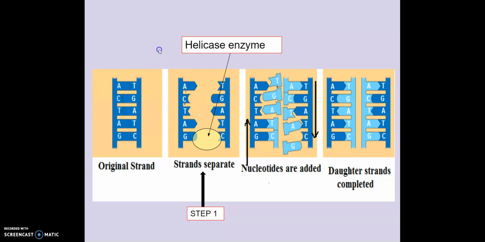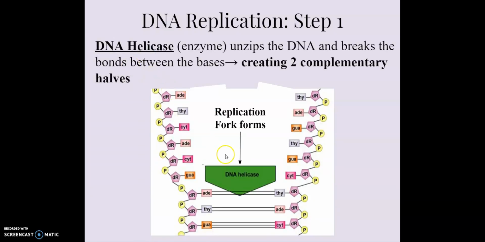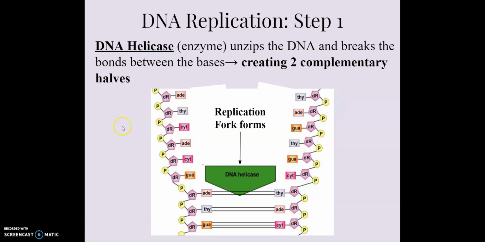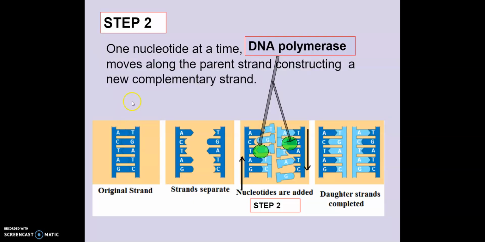This is step 1. So once again, that DNA helicase enzyme will go through and break apart those pairs and unzip between the two bases, and it creates two complementary halves. Then step 2, one nucleotide at a time, DNA polymerase will move along the parent strand, constructing a new complementary